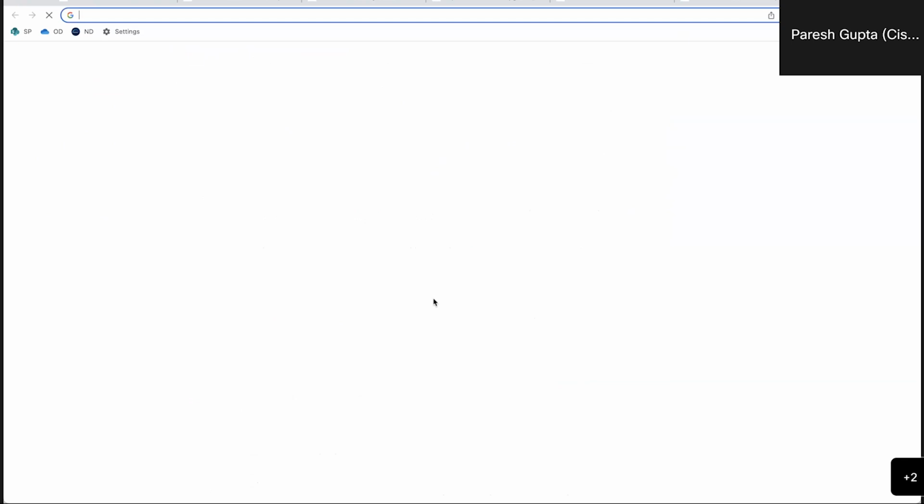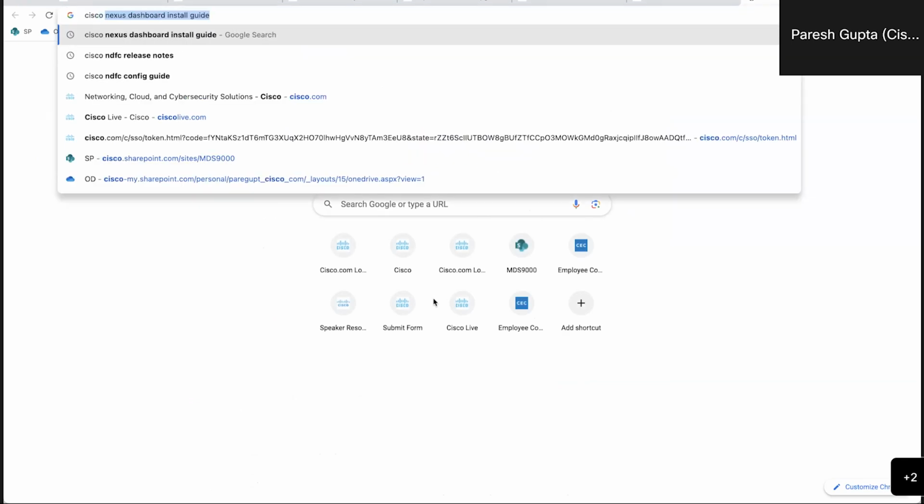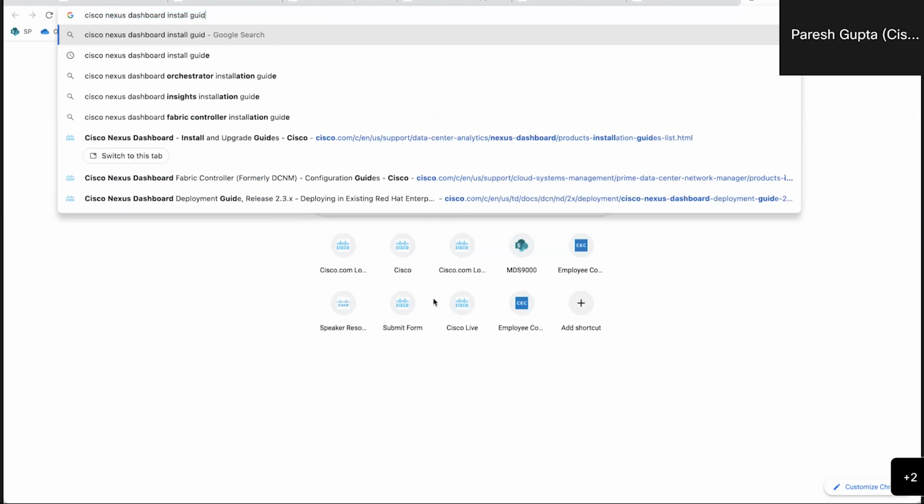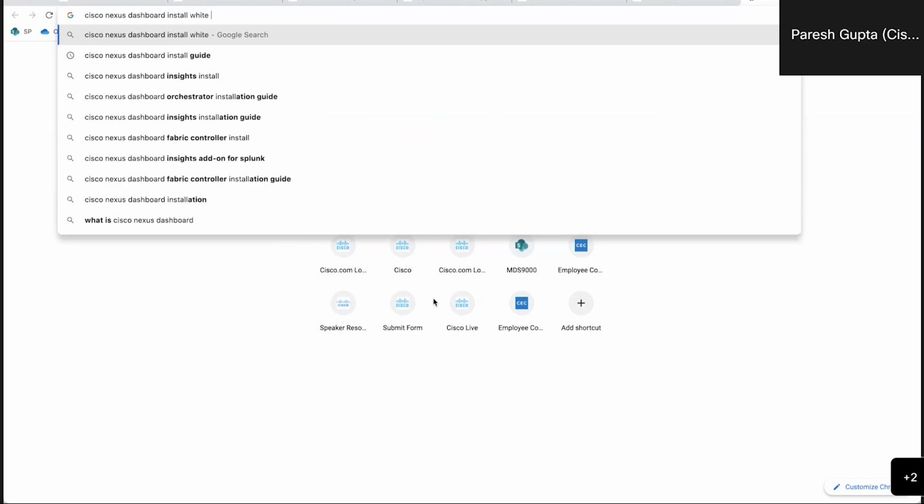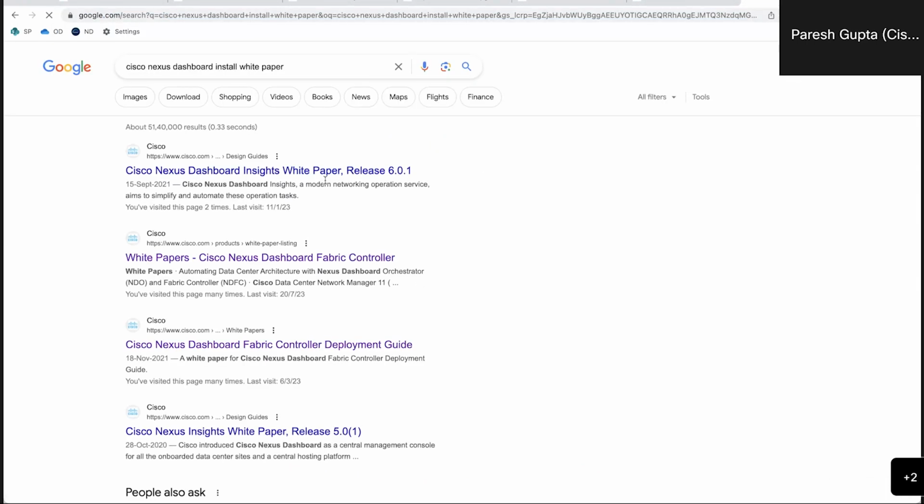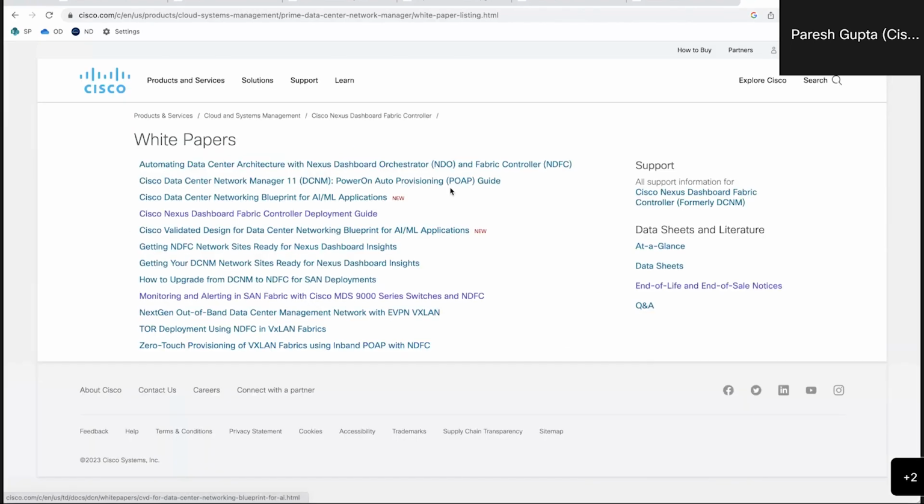Now, in addition to that, there's a white paper that you can look up. By the way, all these links are in the slides, so you'll find them. But I guess most of us just like to web search it, so that's what I'm trying to do, right? So, install white paper. There are some white papers here about Nexus Dashboard, but the one I'm trying to point you to is this one. It says Nexus Dashboard Fabric Controller Deployment Guide. And if you open this one,